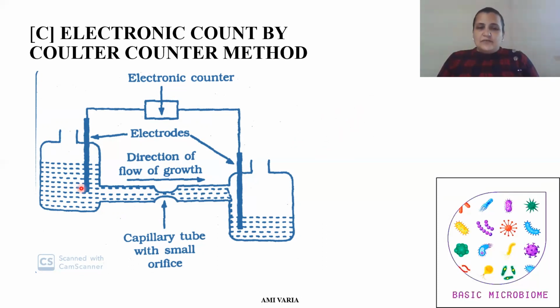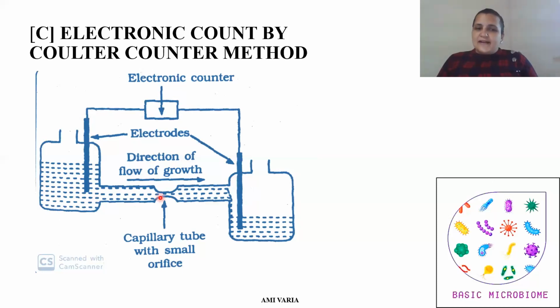In this method, the flow rate is adjusted from higher to lower. The culture medium which is progressive for growth and production is added into this first jar. The flow rate is adjusted and it passes through this orifice. The size of this orifice is 10 nanometer and the culture is passed through it. Two different electrode diodes are placed in both the bottles, and that is attached to the electronic counter.